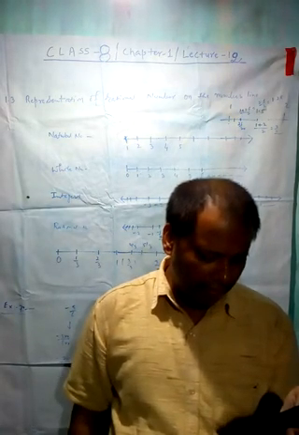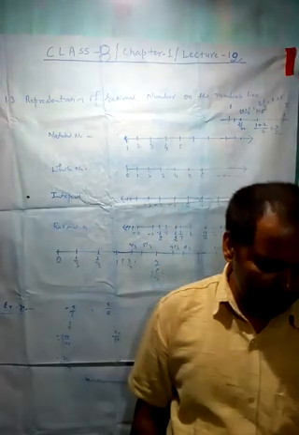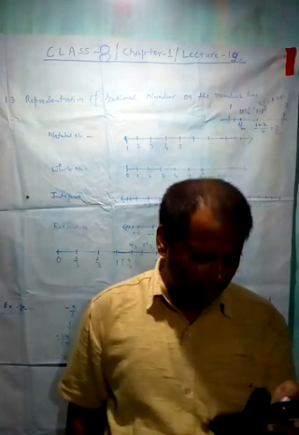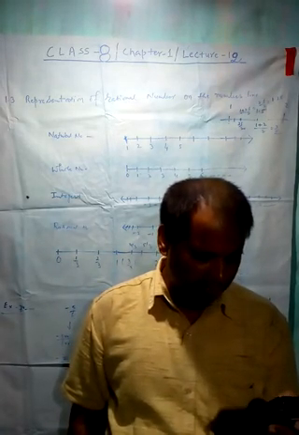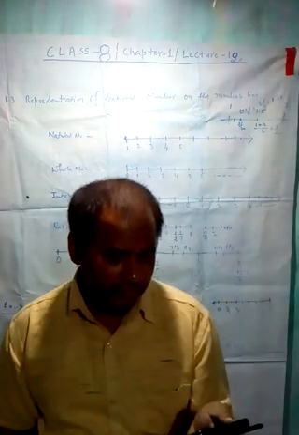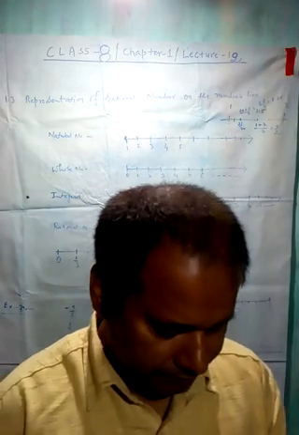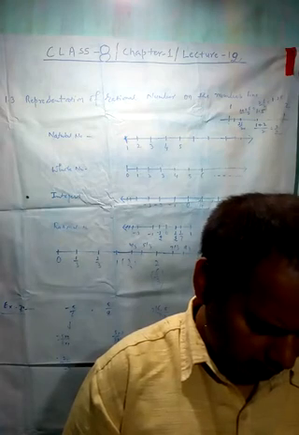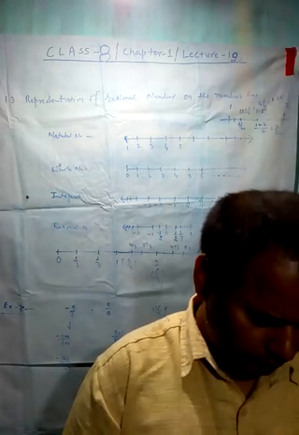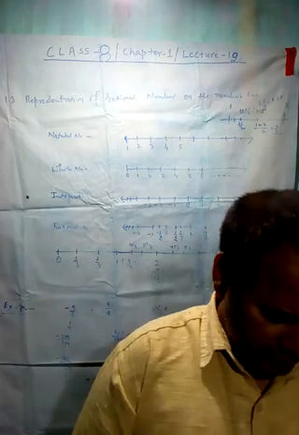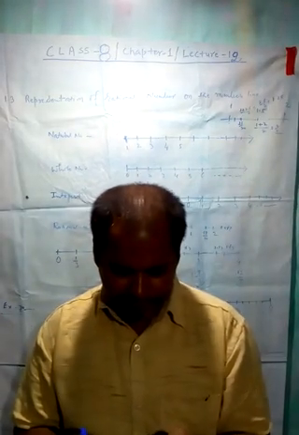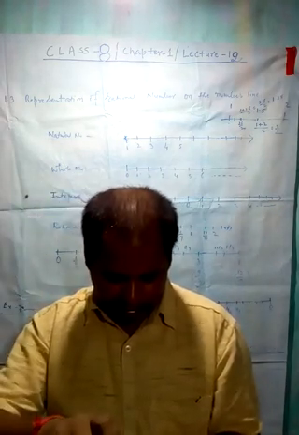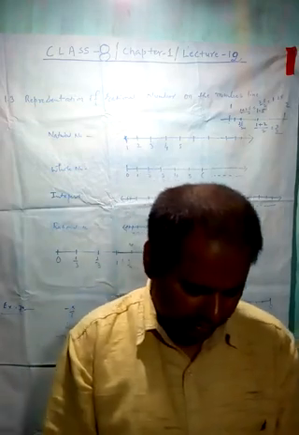In the same way, we can obtain as many rational numbers as we want between two given rational numbers. You have noticed that there are countless rational numbers between any two given rational numbers. Now you have to solve exercise 1.2. And what have we discussed? This is the summary of this chapter, and the chapter is over.